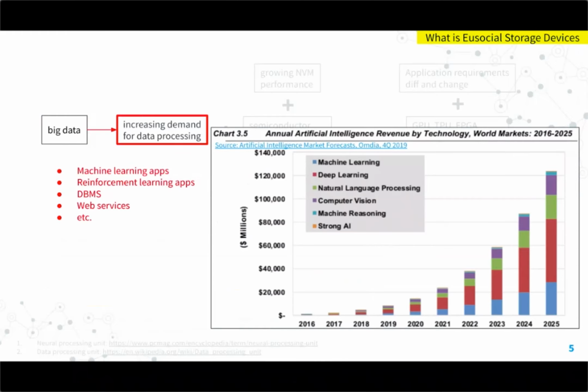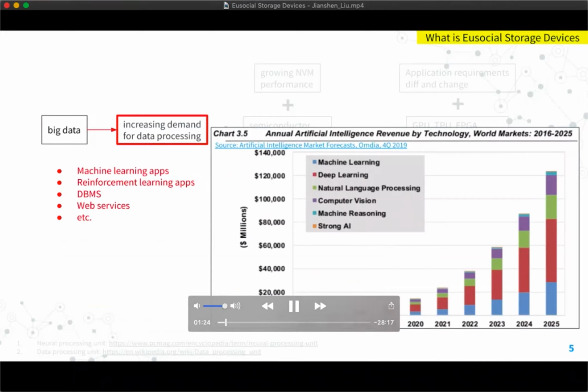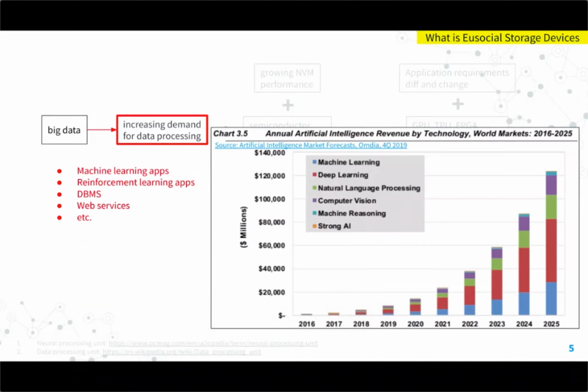While storing data could be a problem, it actually created a great opportunity for different companies and owners of the data to get insights and make profit from the data. Therefore, machine learning and AI related applications are becoming more and more popular. As you can imagine, the AI market size is growing quickly year by year, and according to a report published in 2019, the annual revenue created by AI technology will reach more than $120 billion by the end of 2025.